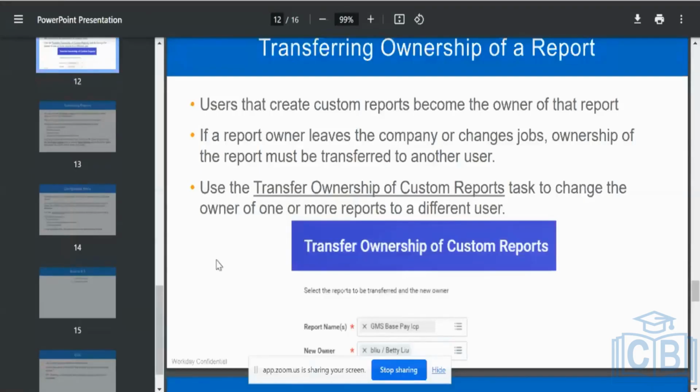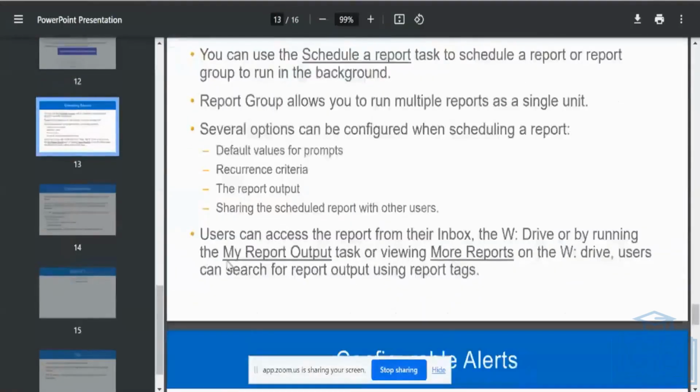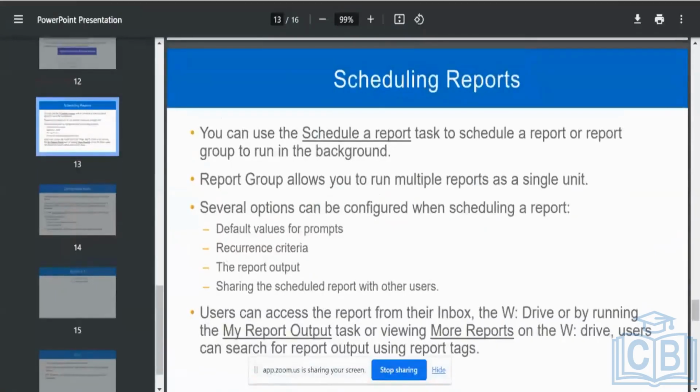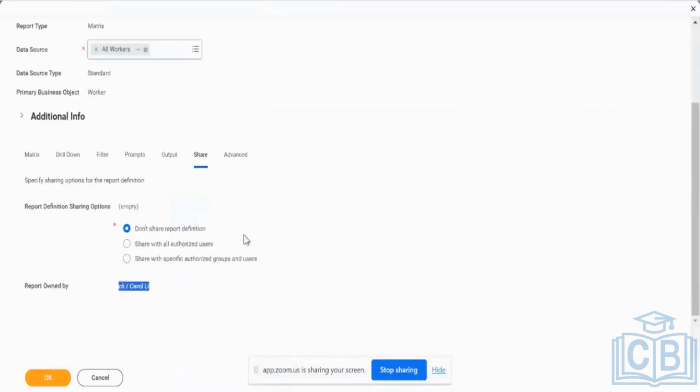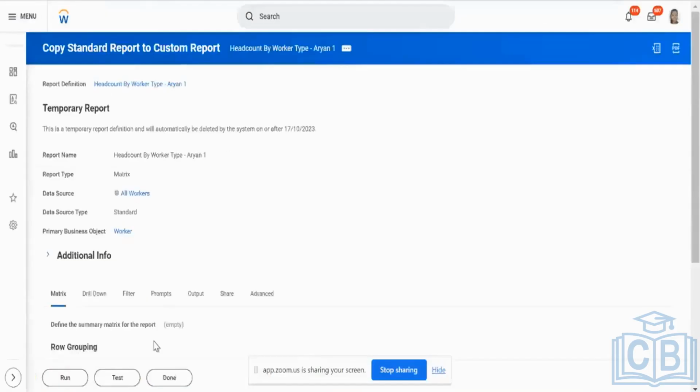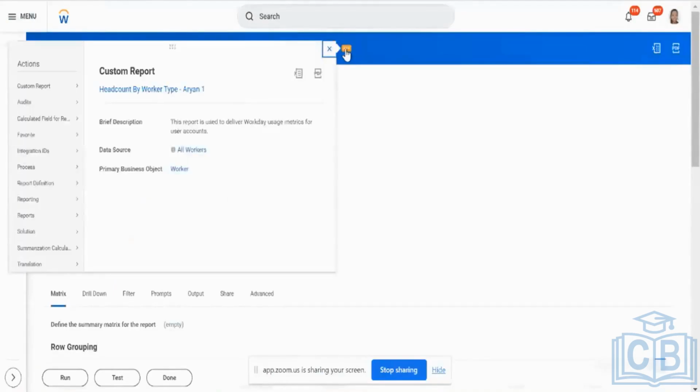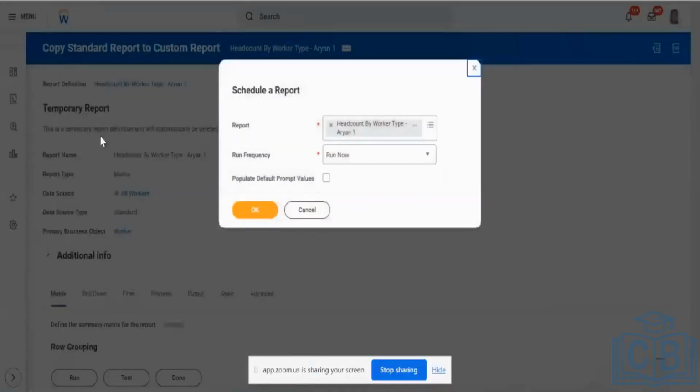Alright, let's go to the next topic. Scheduling a report. I'm just copying this report. I'm not making any change over here. Scheduling this report. Sync. And again, this is common because ideally, whenever you are scheduling this report